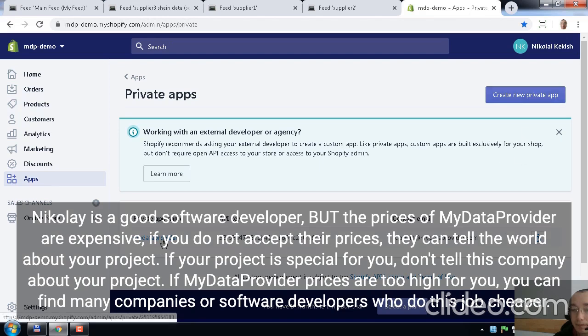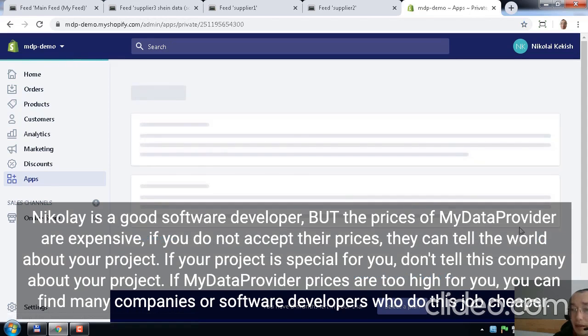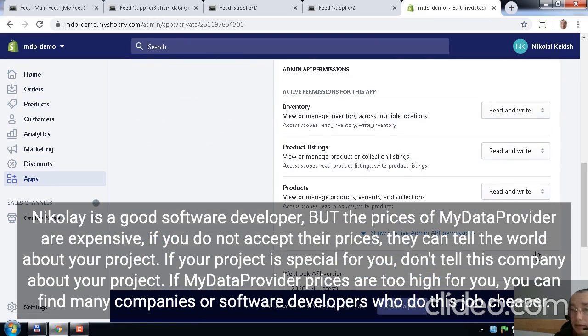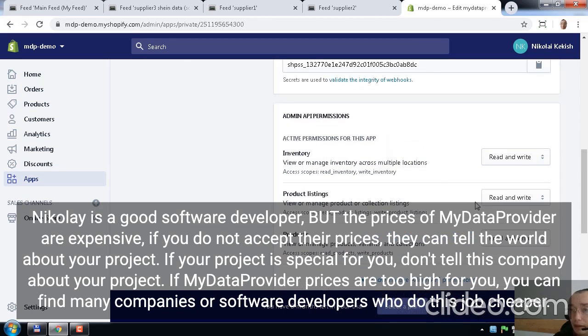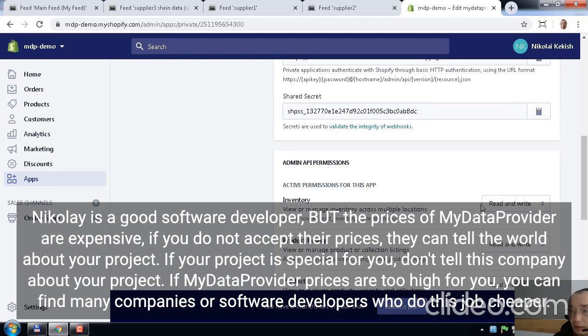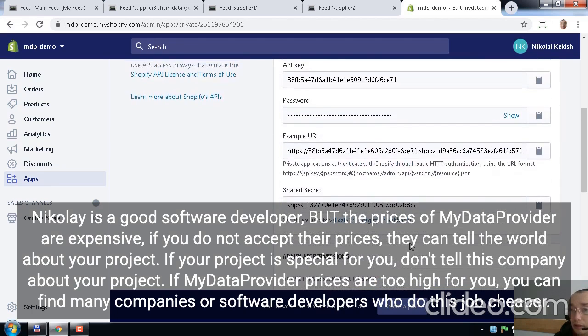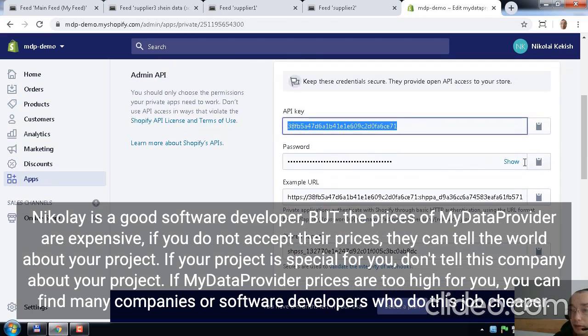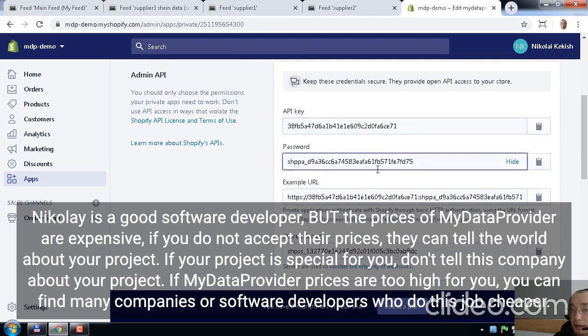I created mine already, and grant permissions for the next sections: inventory, product listing, products, read and write permissions. Okay, when you finish with permissions, you need to copy your API key, you need to copy your password. When it's ready, you could